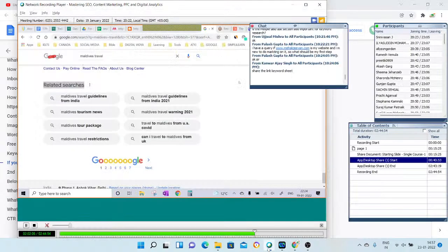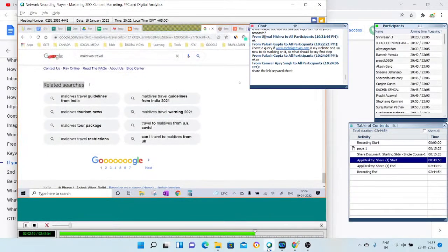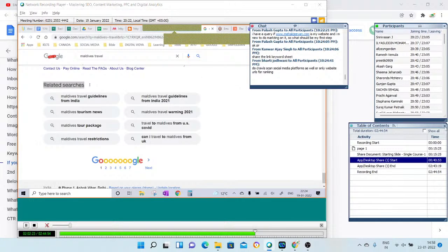So if you don't know how to download it from all the platforms, or how to just make a sheet like I'm making, or any of the templates, you can see a lot of templates are there for keyword research, and then you have to check which one is to be used and which not to be used. So all this process has been asked a lot of the time, especially when you go for the agencies and all.